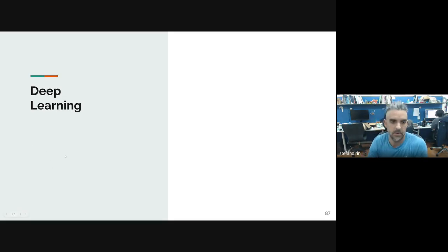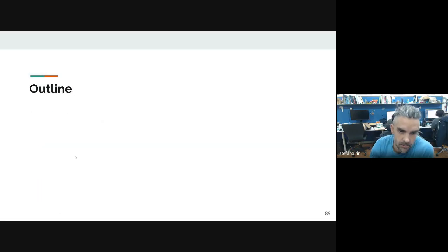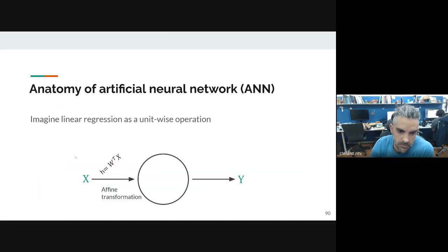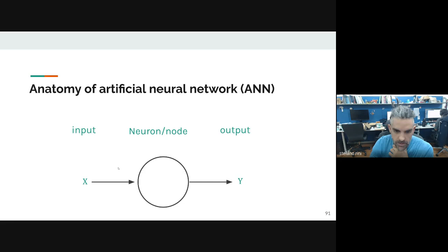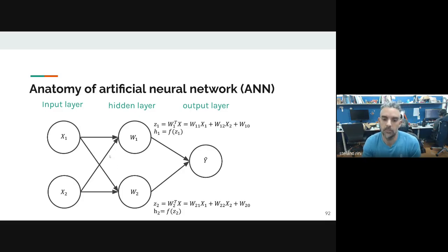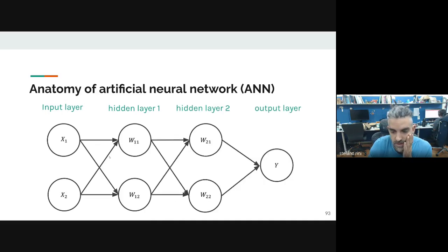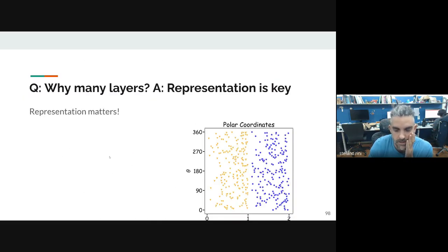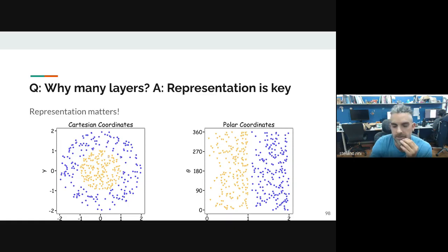I just want to say the next time we're going to start from here, which is deep learning, and we're going to start from this beautiful picture, which is an artificial neural network. We have an input x. We take a linear product with a certain set of weights. Then we apply an activation function, which is nonlinear, and combining these activation functions will let us express some very complex functions using very few parameters. And this is going to start our beautiful journey into deep learning.